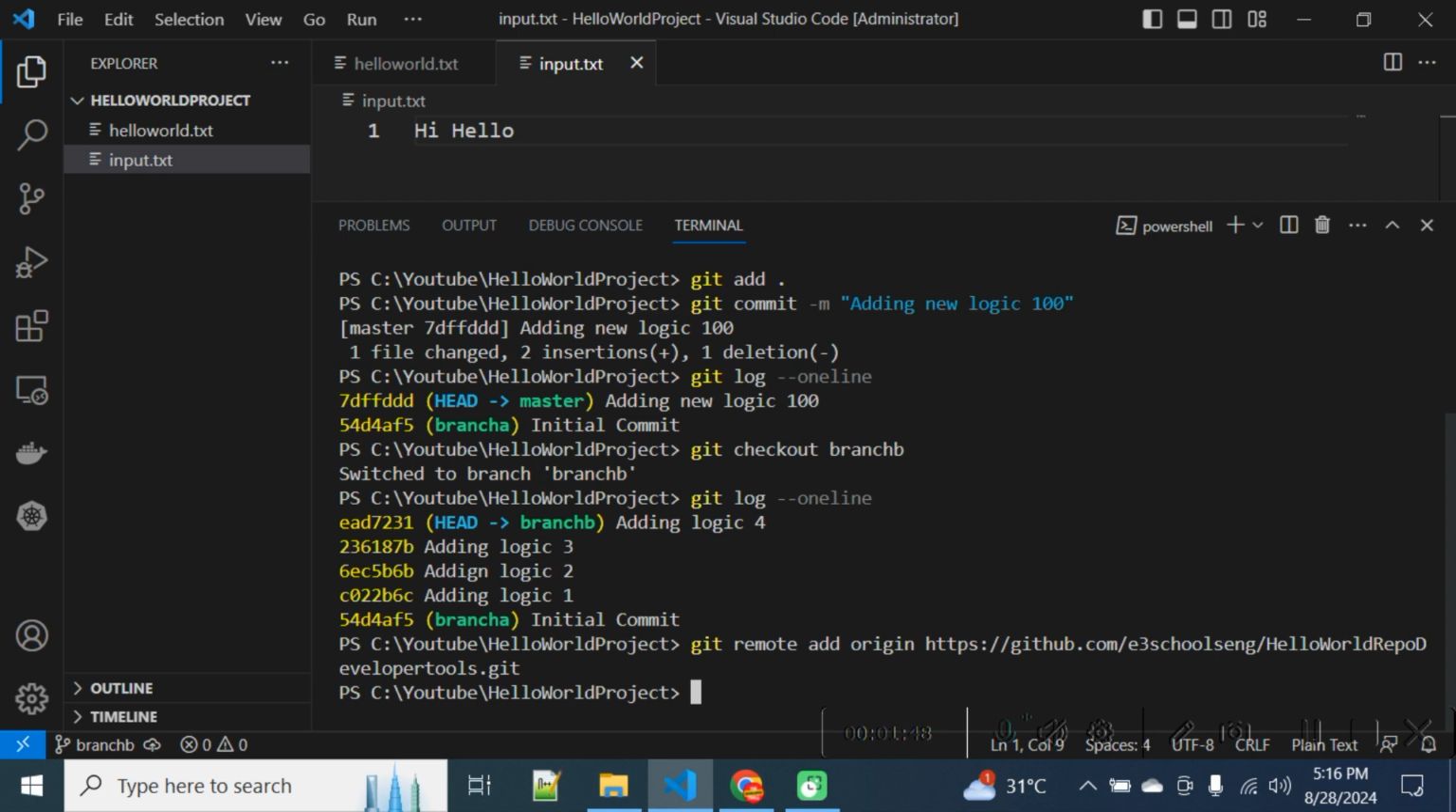Now we have to push these changes to that remote, because it is in local. We are yet to push the changes to remote repository. We have just mapped the URL. We have just added, mapped our local Git to remote Git repository, and we haven't pushed it. There is a command